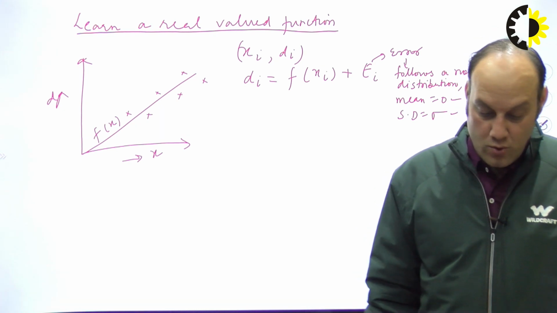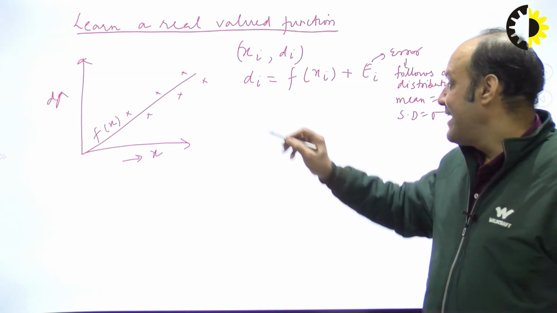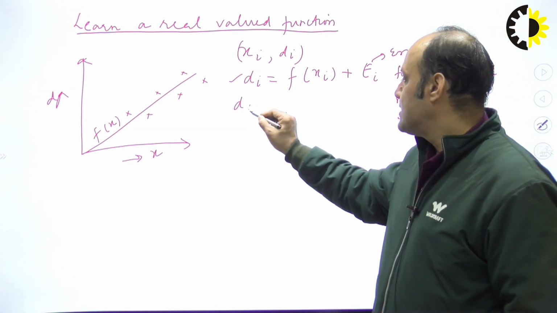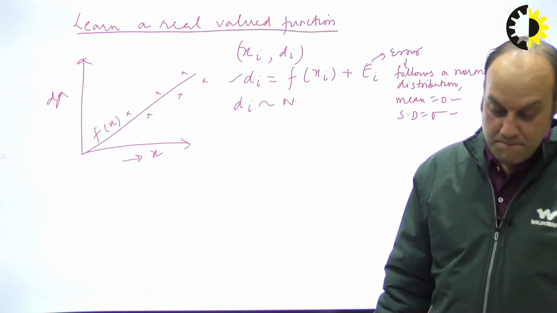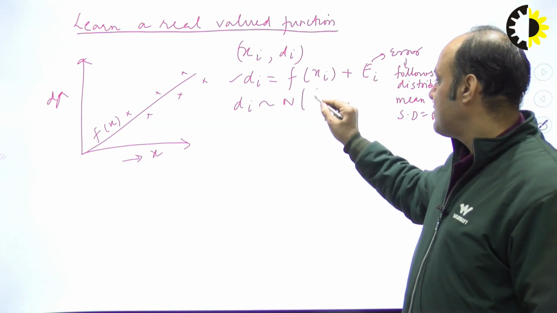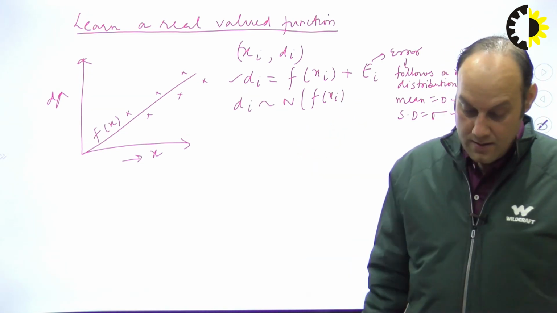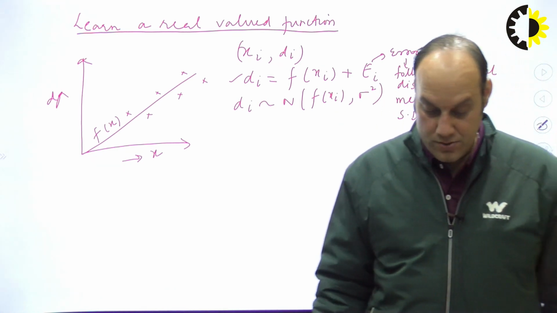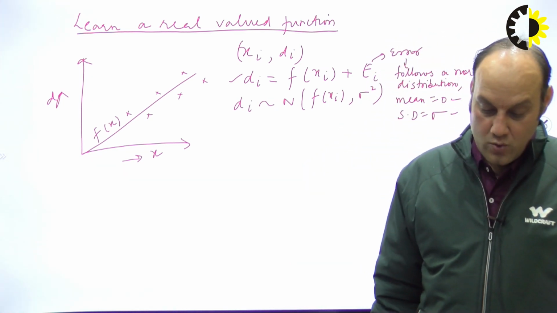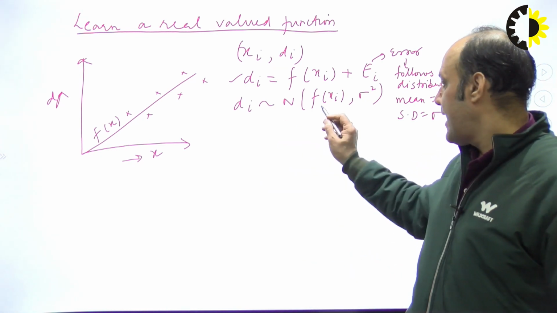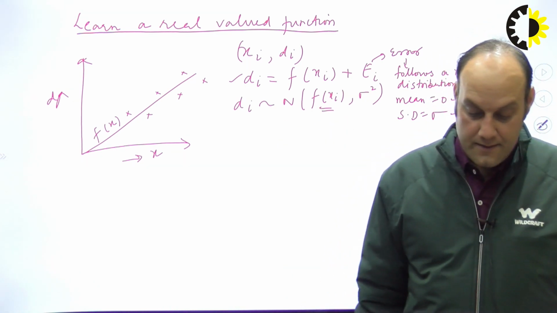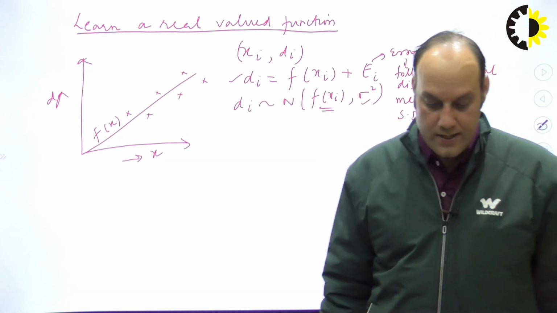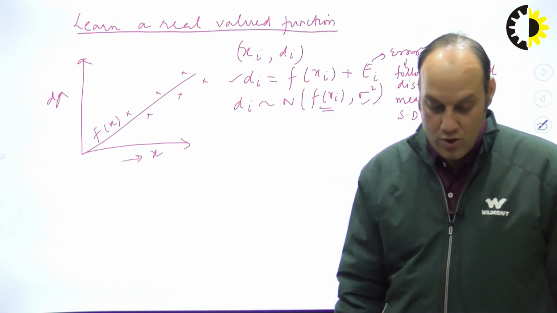This di is coming from a normal distribution, based on the function f(xi), whose mean is f(xi), and the error is given by sigma square, where sigma square is the variance corresponding to